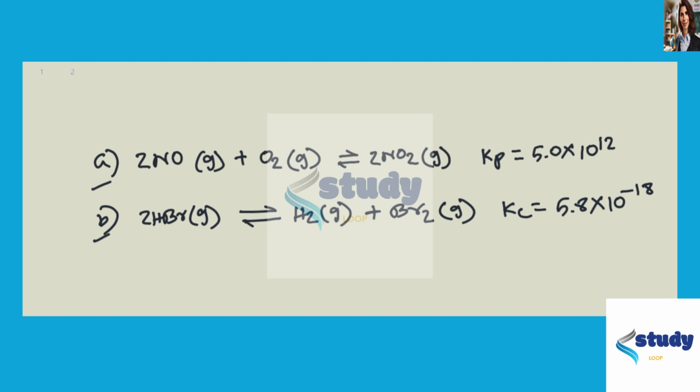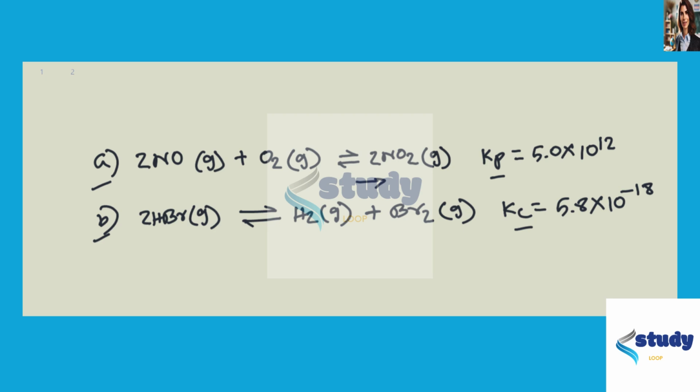So in this problem, we are given two reaction equations, A and B, and we are given the equilibrium constant value for each reaction. For the first one, we are given the equilibrium constant in terms of pressure, and for the second one, we are given the equilibrium constant in terms of the concentration expressed in molarity. From these values, we have to find out in each case whether the equilibrium will lie to the right